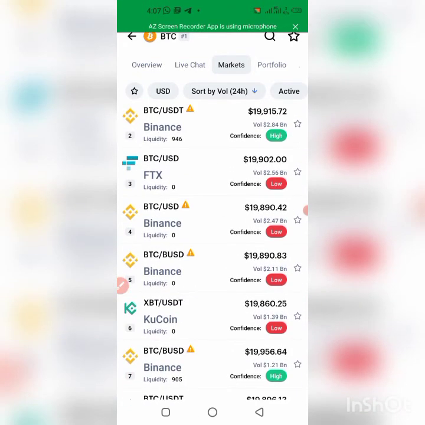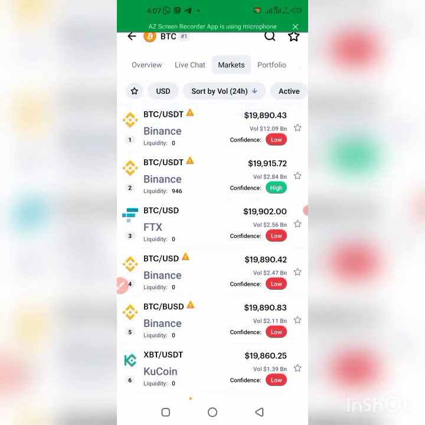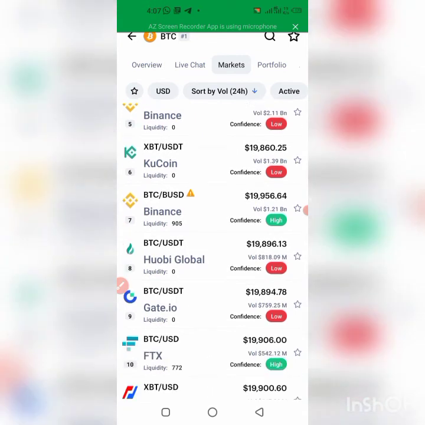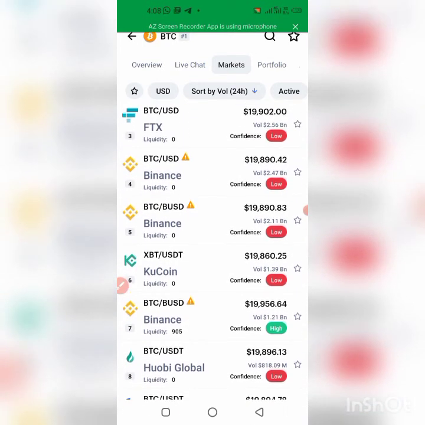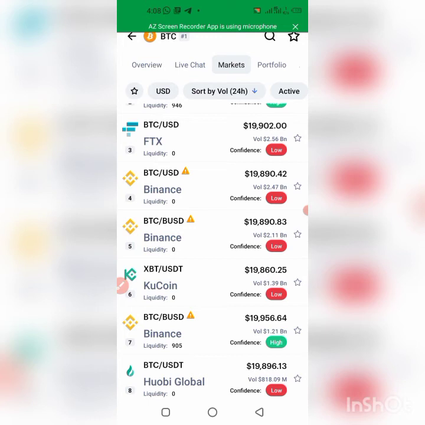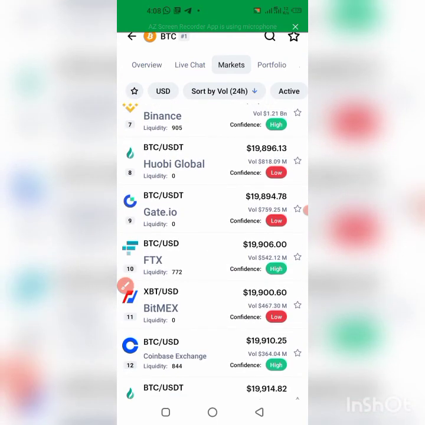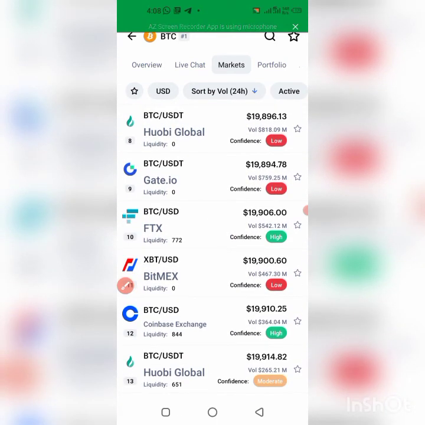Now what we are going to be looking for is where they are selling low and where they are selling high. We are going to make use of that opportunity to buy low at one exchange and sell high at another exchange. For a fact, here I can see that someone is selling at 19,890 at Binance. So we'll probably look for something higher than that that we can sell for